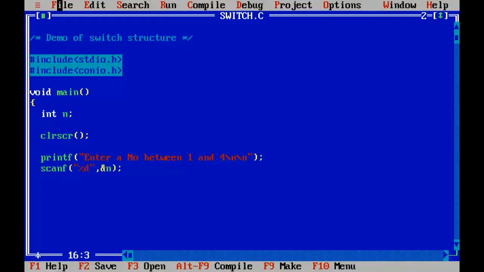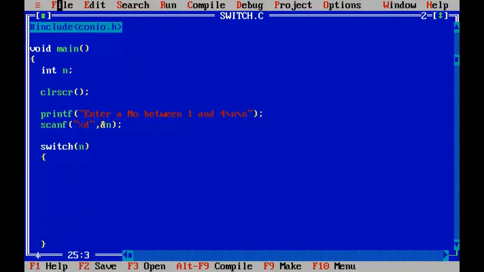And now I'll start the switch structure. First write the switch keyword with a pair of brackets having the variable inside, which we are going to use to check with the various switch cases. Inside this block, the switch block, now start writing the case values.